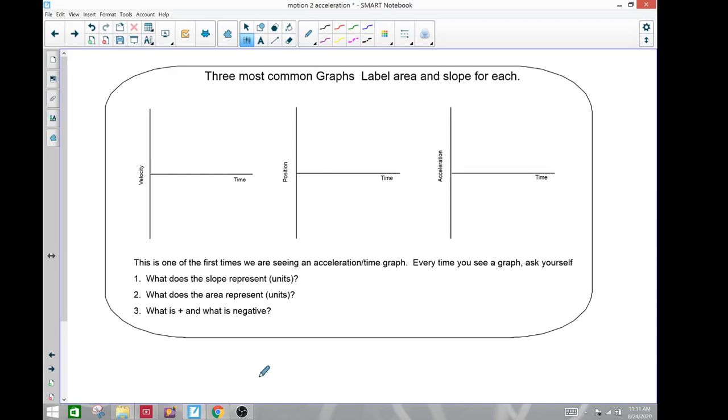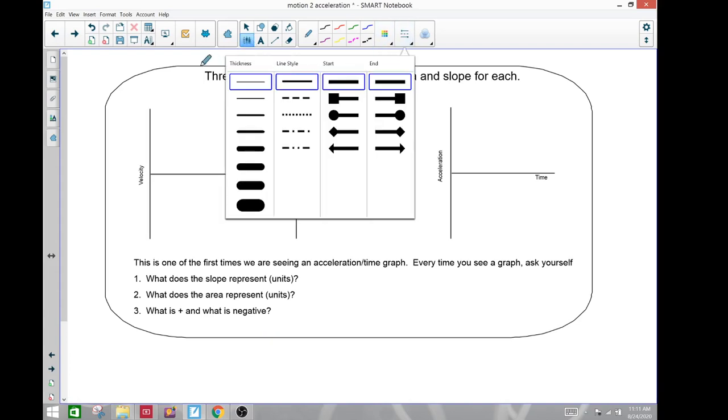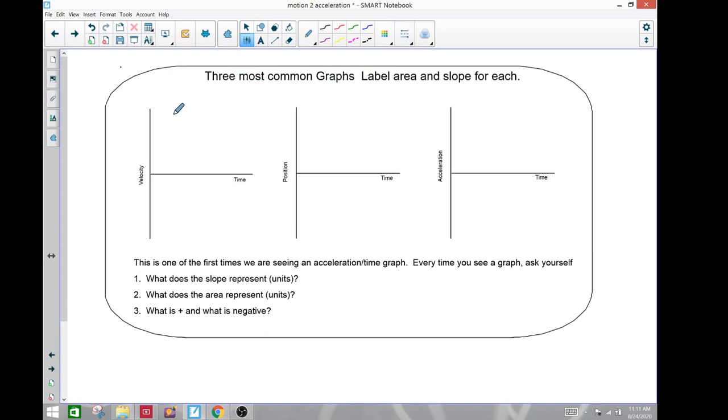Good afternoon. This is Schweitzer, and we're running a series of videos looking at some information on graphing motion. So, in this chapter, even though there are lots of ways you can graph motion, these are our three most common ways. We have our position time graph, velocity time graph, and maybe not as common,